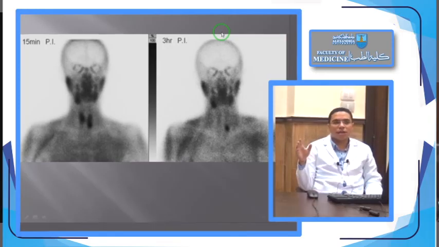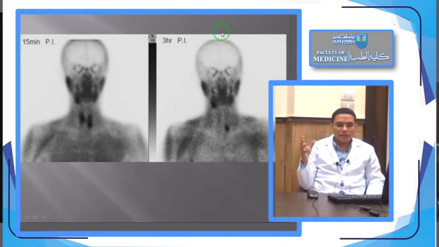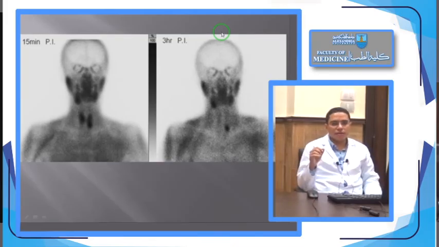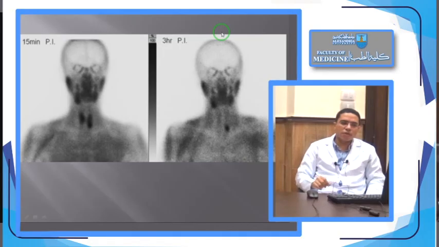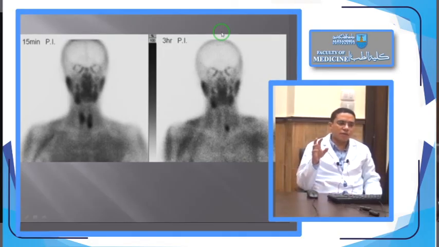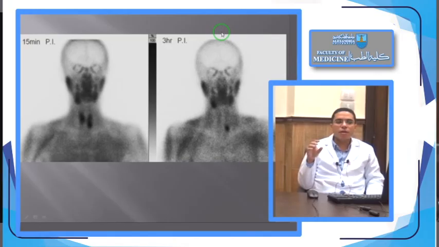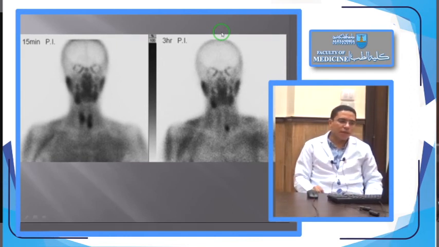In the other two types, the secondary and the tertiary, we have hyperplasia of all the parathyroid glands, and when there is an indication for surgery, we usually attack all 4 parathyroid glands, so we don't want a localizing study. But we want a localizing study to localize the site of the abnormal parathyroid gland in cases of primary hyperparathyroidism, because 85% of cases of primary hyperparathyroidism are usually due to a single adenoma in the parathyroid glands.